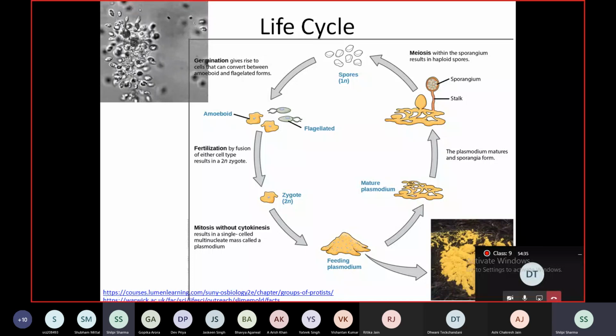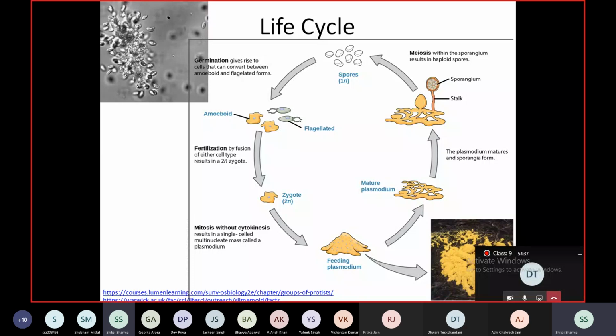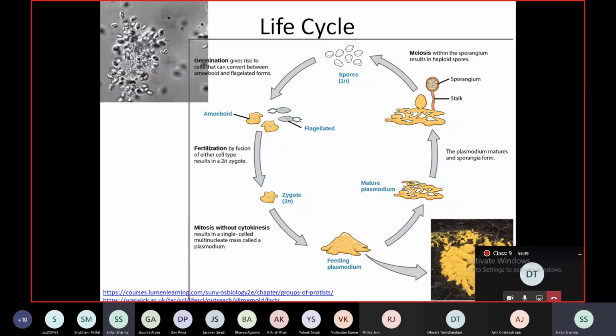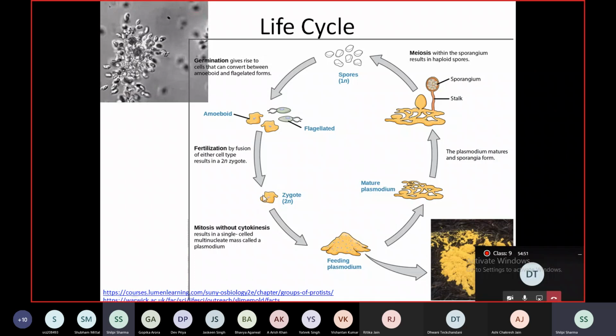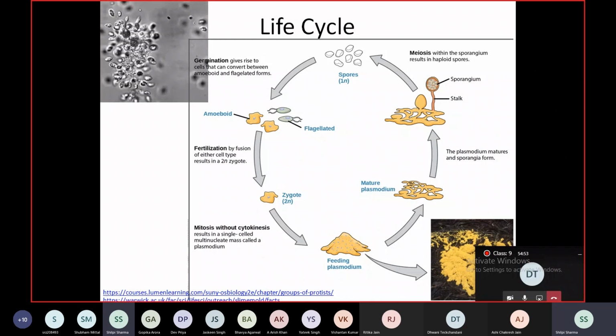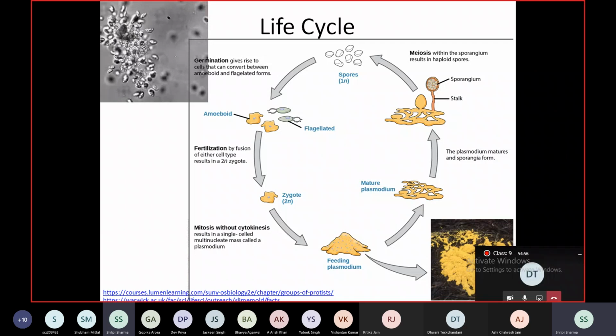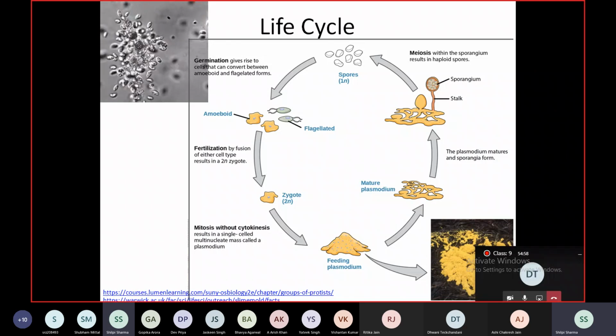Haploid जब तक है तो amoeba it can reproduce by, myxamoeba form में है तो it can reproduce by binary fission. But under any adverse condition, both swarm cells or whether they are in the myxamoeba form, they can function as gametes and they fuse to form a zygote, which is 2n. The nucleus of the diploid cell, I said diploidy is the dominant phase here. It divides by mitosis. But the cells don't separate out, they don't divide, resulting into a large cell with first two and then many nuclei.